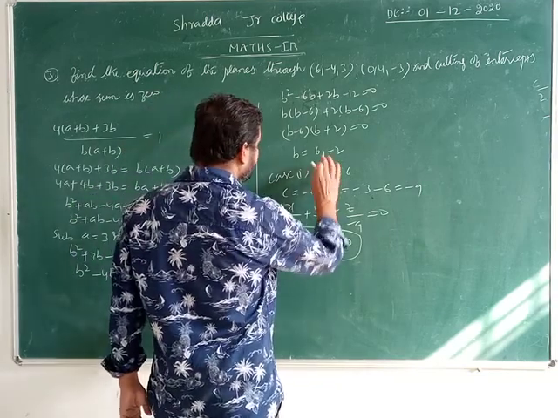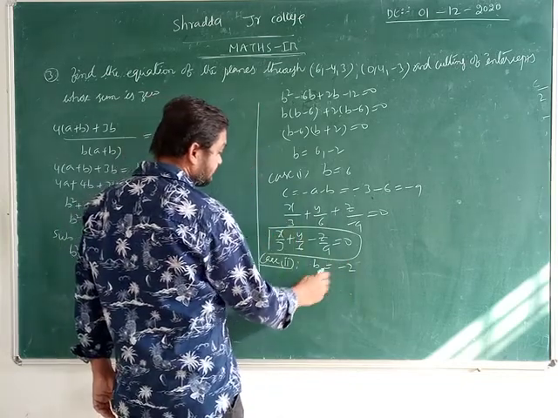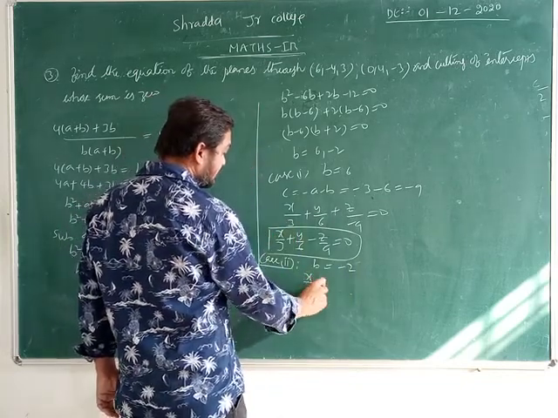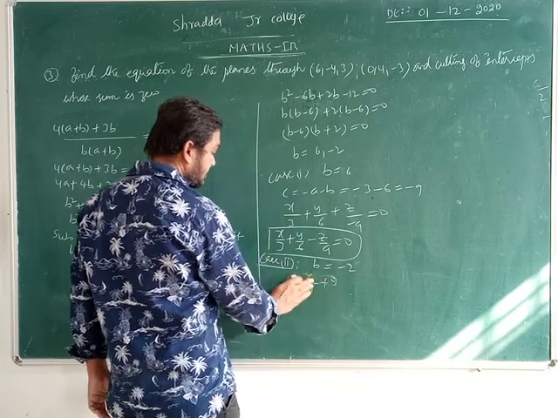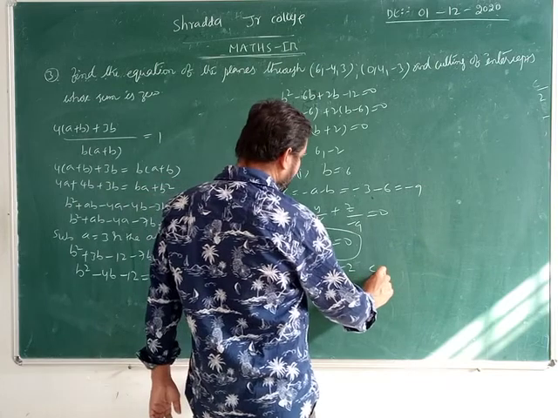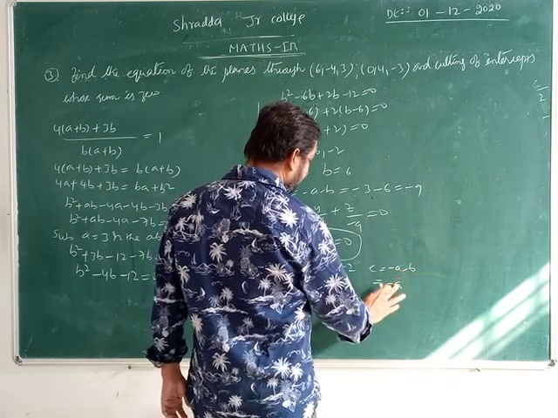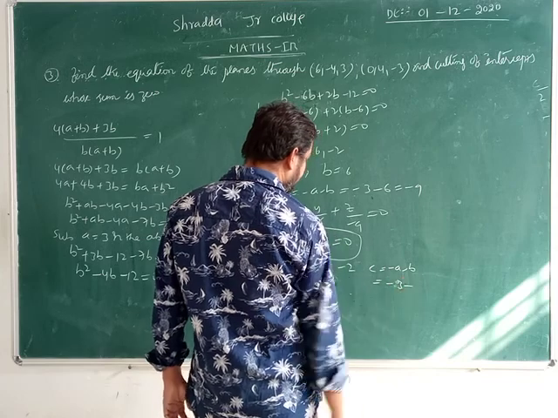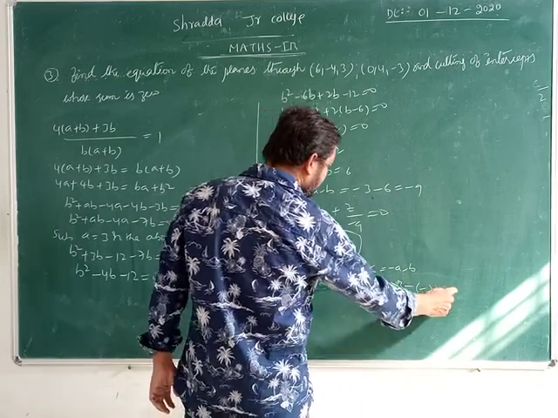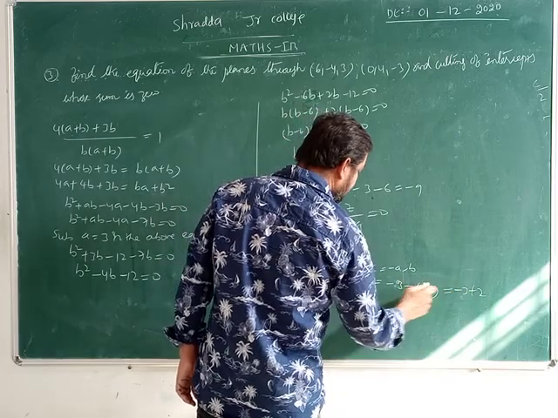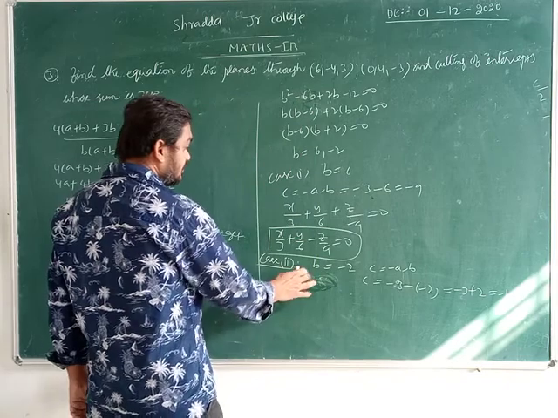Now b equals minus 2. What is that? B equals minus 2 means what? That is x by a means 3. Now we have c. C equals minus a minus b. Now minus a, that is what? Minus 3 minus b, that is minus 2. Now this equals minus 3 minus into minus plus 2, which is nothing but what? Minus 1.